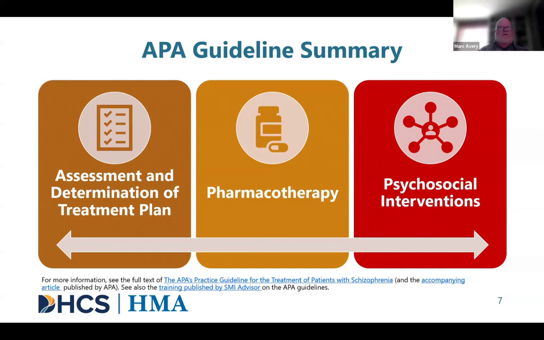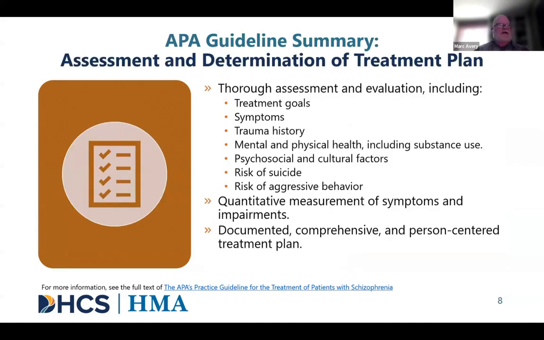Okay, let's go to the first bucket on the left-hand side, assessment and determination of a care plan. I also want to challenge you as we go through these different slides to be thinking in the back of your mind, how does this stuff that we're covering here apply to the Care Act process? In the second half of the talk, we'll cover that more explicitly, but I just want to challenge you to be thinking of that as we go through this.